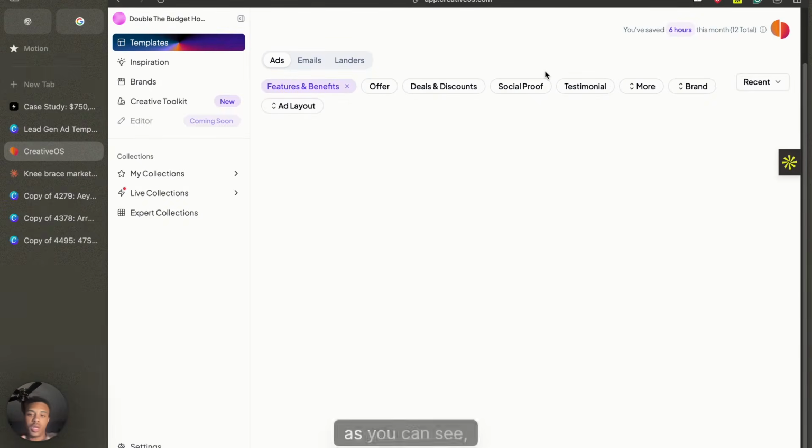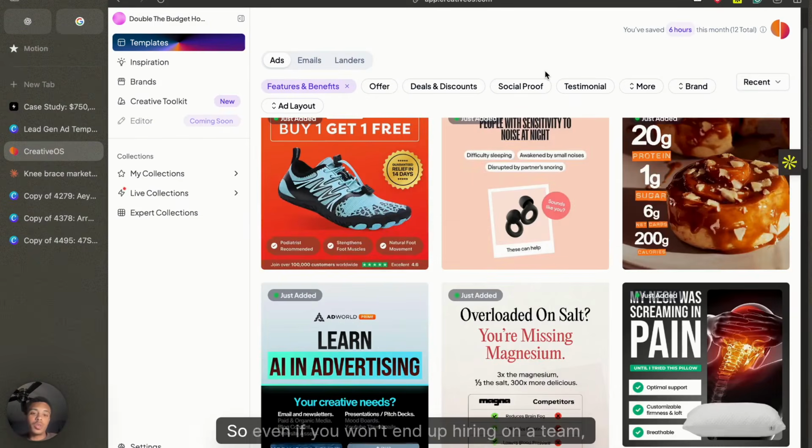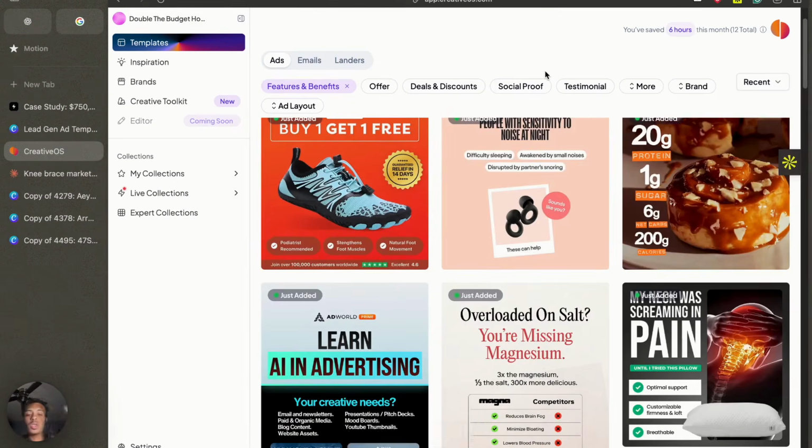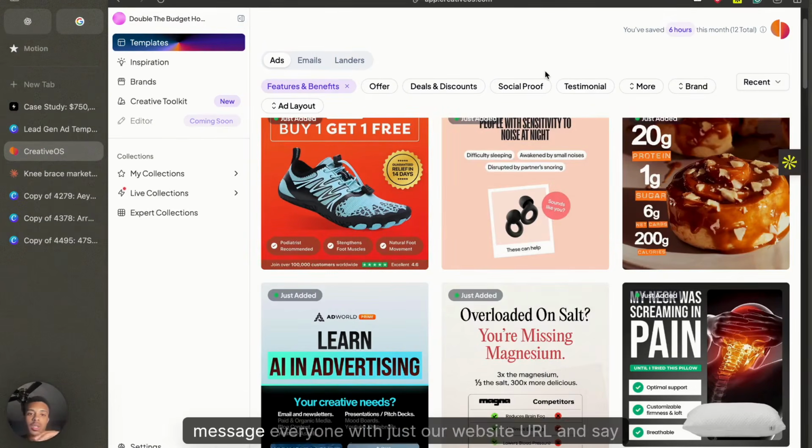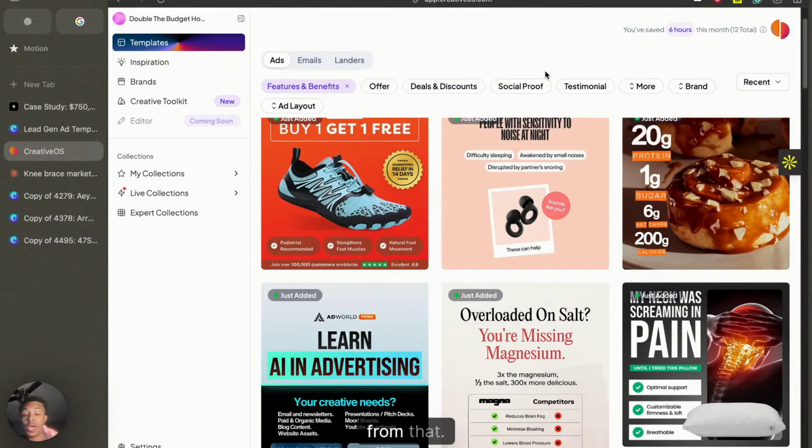The reason for this is, as you can see, it will just pop up with templates. So even if you won't end up hiring on a team, what we would do is go on Upwork, make a job post, say we're looking for image editors and get them all in, message everyone with just our website URL and say make us a free sample. From that, we'll hire on the one who made it the quickest and the best, and then I'll order out the ones that are best, like second place, third place, fourth place, so that when I need to hire on more people, I know that go boom, message second, onboard, third, onboard,